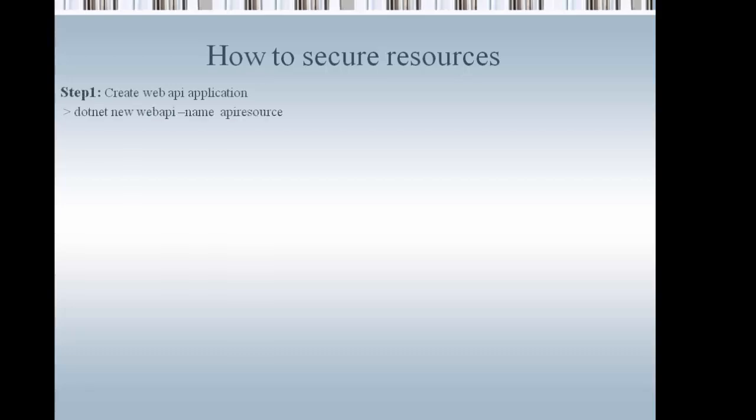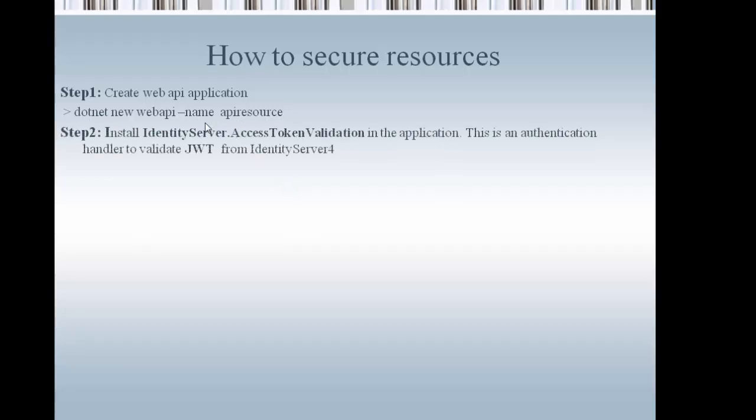To secure resources, first we will create a resource, meaning the web API application, and this is very simple. Use the .NET CLI. We will create a web API named API resource. You can change the name as per your requirement. Then install one package called Identity Server 4 Access Token Validation in the application, and this is also installed by the .NET CLI command, which is dotnet add package IdentityServer4.AccessTokenValidation,